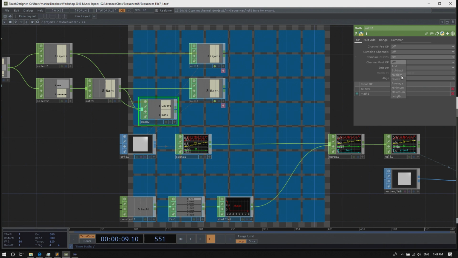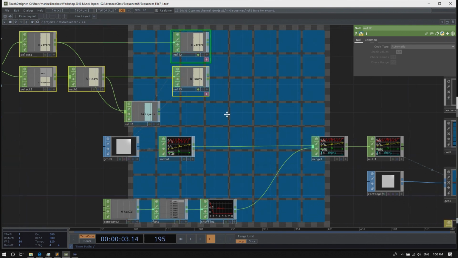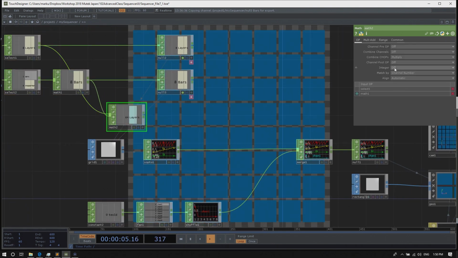Then combine CHOPs multiply. And then let's append a null to that as well.